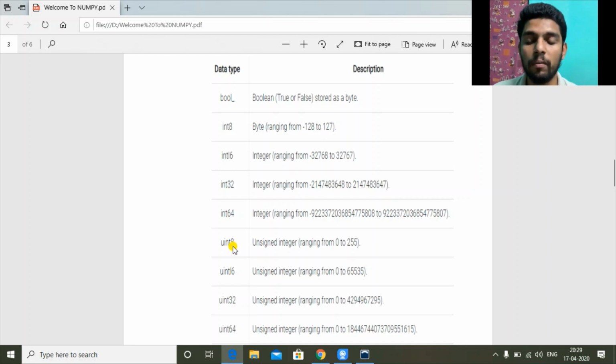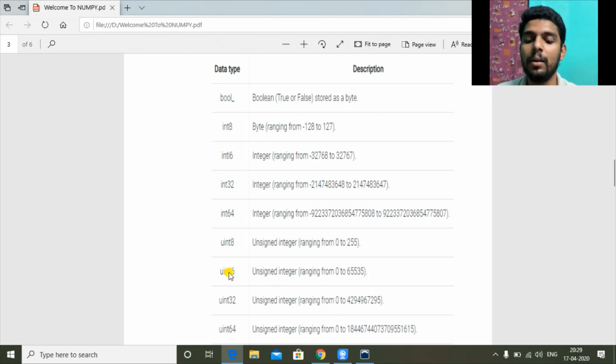So if we know that our data contains only positive values including 0, we can use uint and we could store twice the number of data in half the storage. Like if we want to store 250 in integer, we will need to use int 16. Here we could use uint 8 and save space.